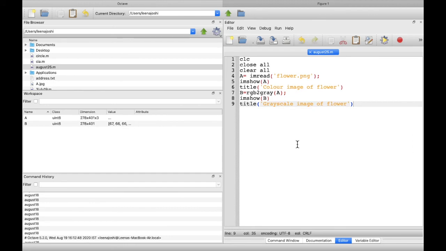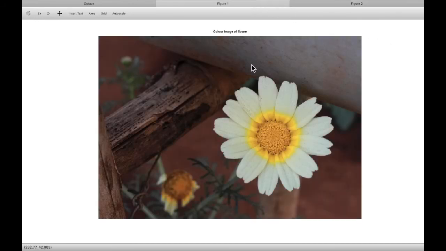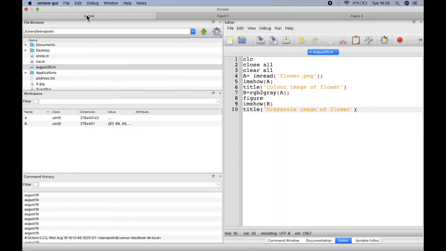So if we want to have two images, we will have to write the figure command, so that will create one more figure window for us. And now when I run it, you will have figure 1, which is the color image, and figure 2, which is the grayscale image.